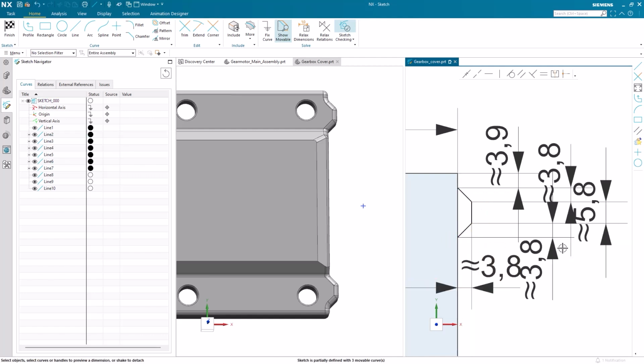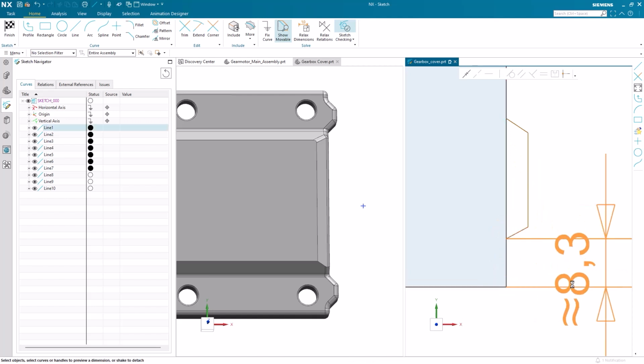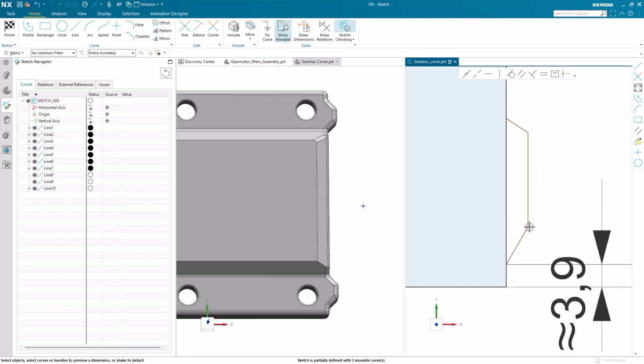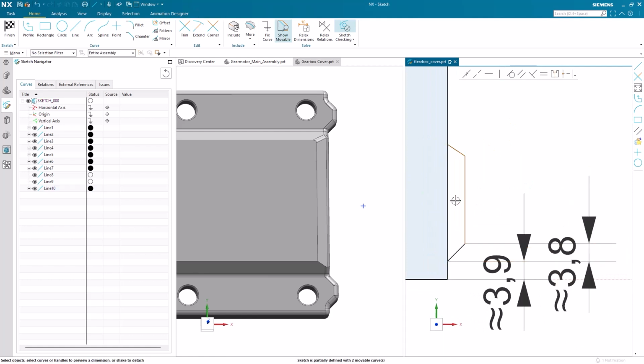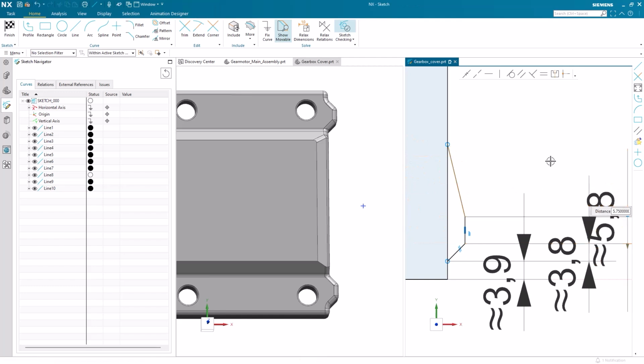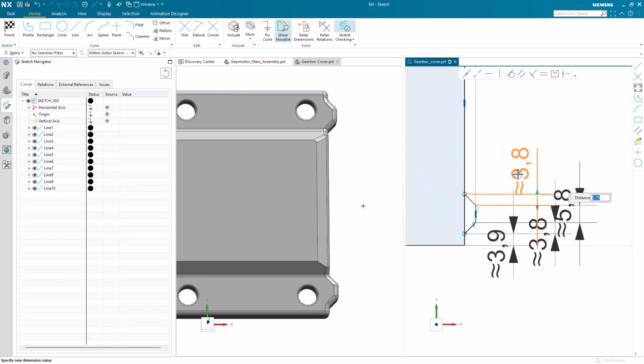A black circle indicates the sketch is fully defined, while a white open circle shows there are still dimensions that must be clarified. As we progress through this first sketch, we can see that once a curve or line is dimensioned, it changes colors in the display window. Before finishing our sketch, we need to remove the section of the rectangle that obstructs the connection of the latest lines to the body of the sketch.